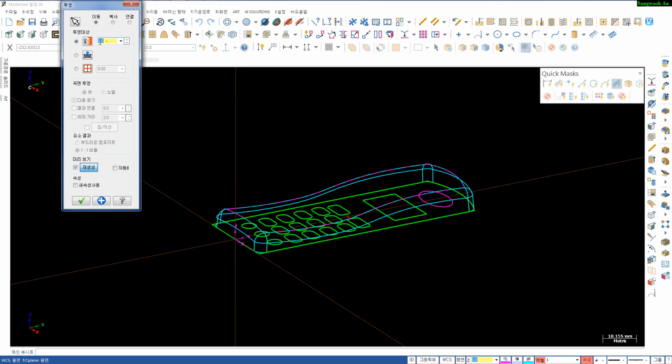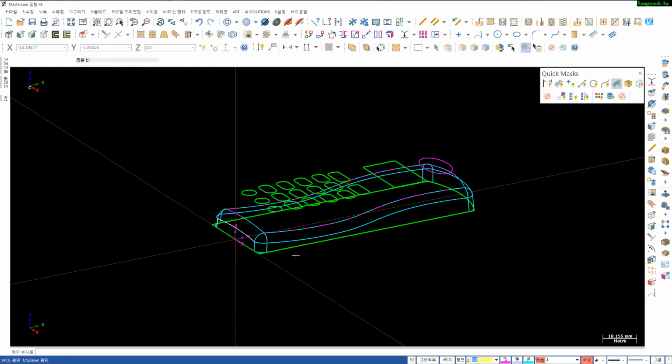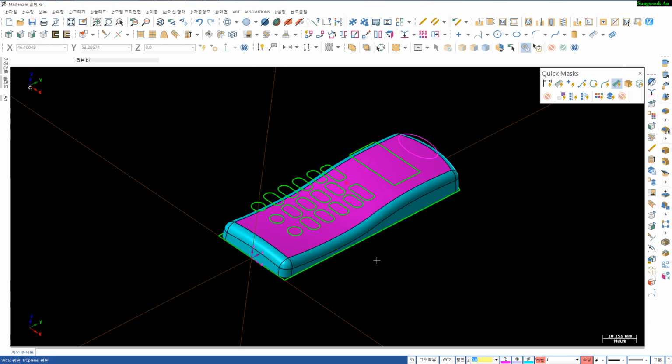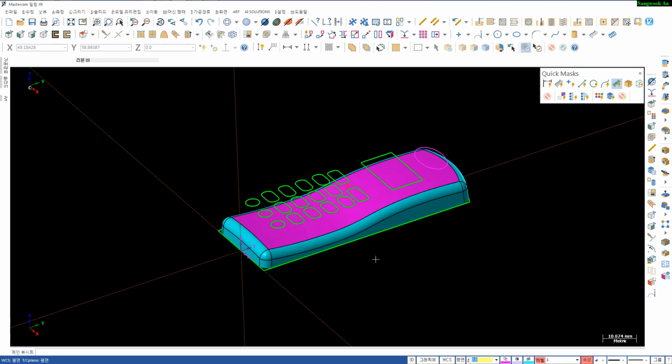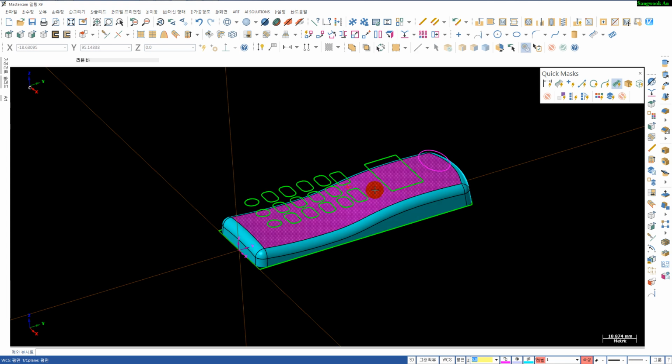I will move, option 20. Okay, it's done. And show all the geometries, and by using these curves I will just cut